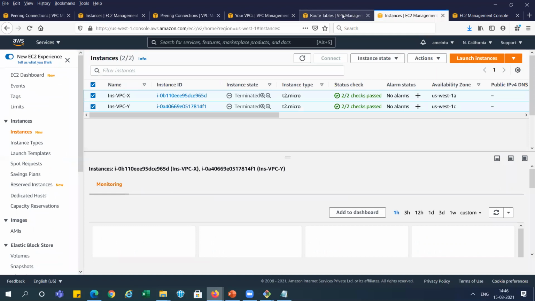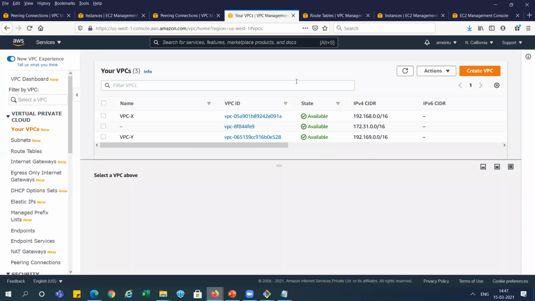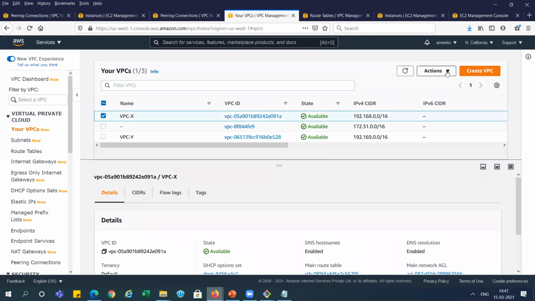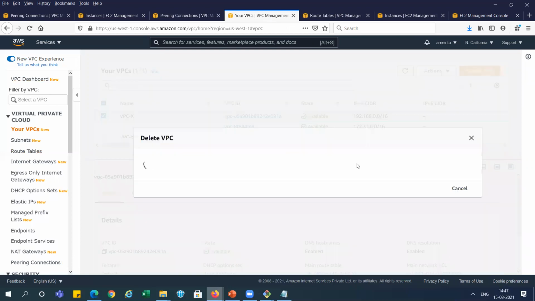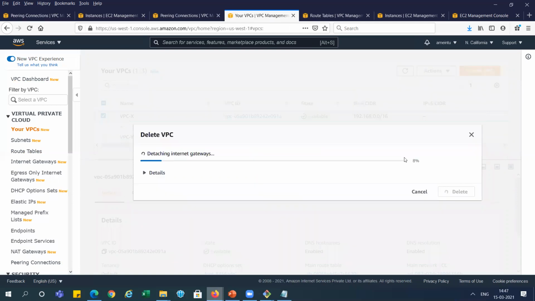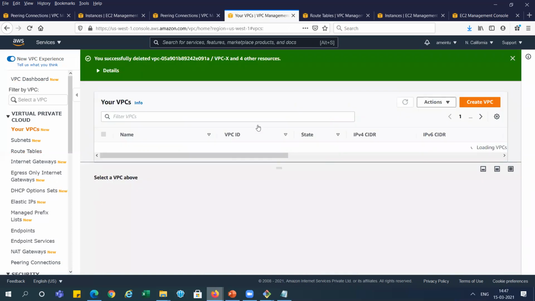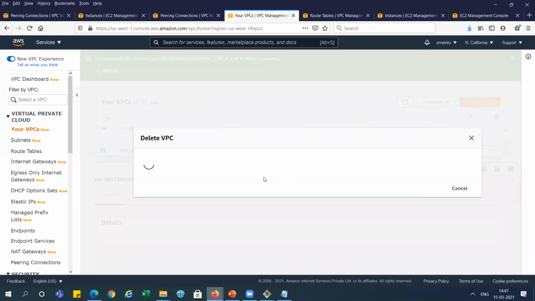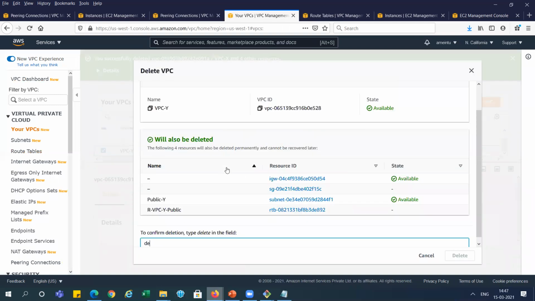So let's go and delete from the other region also. In the other region you can see two VPCs, X and Y. I'm selecting this one and Actions, delete VPC. Deleted, right? This VPC. And the second one, VPC Y, go and delete this VPC also, right?